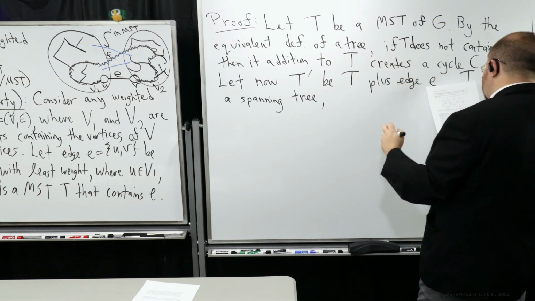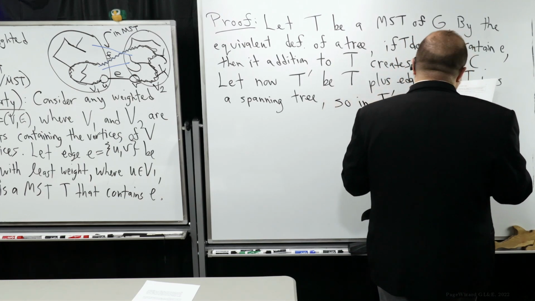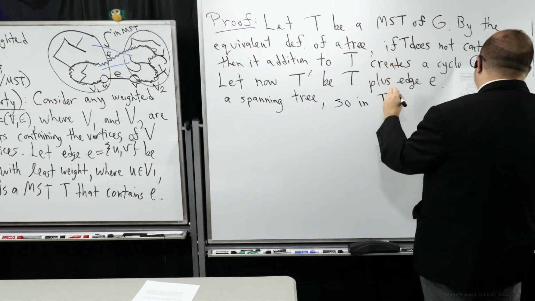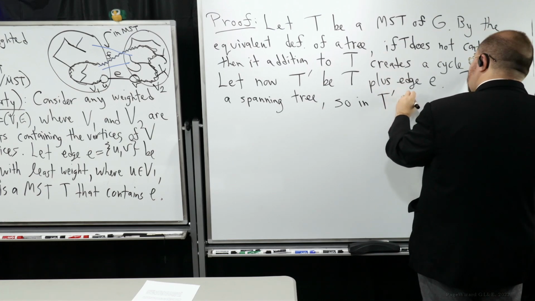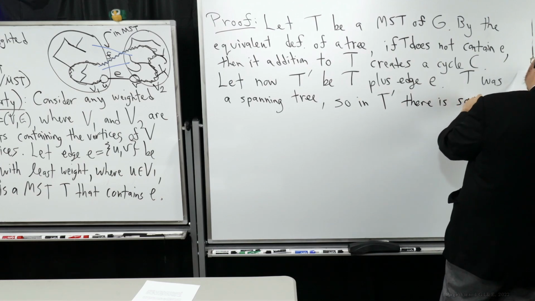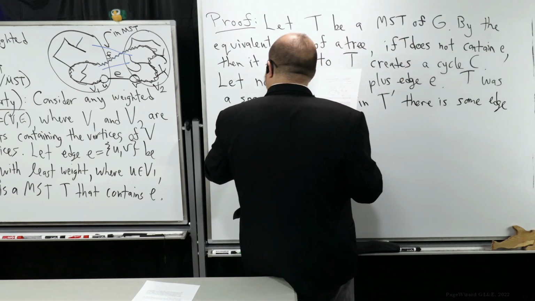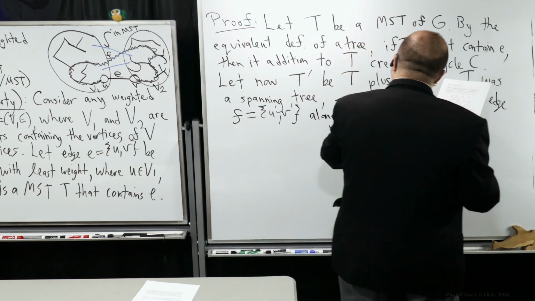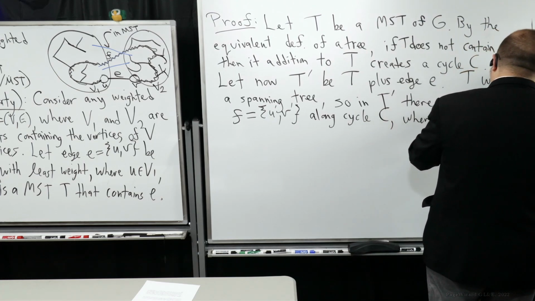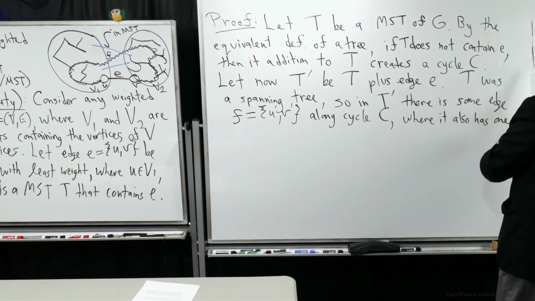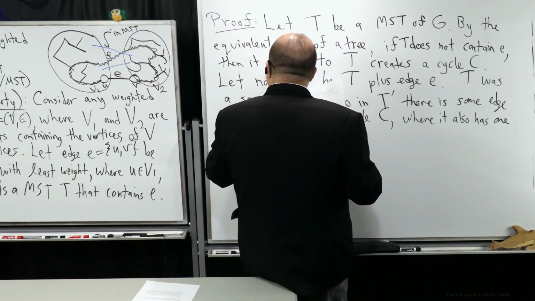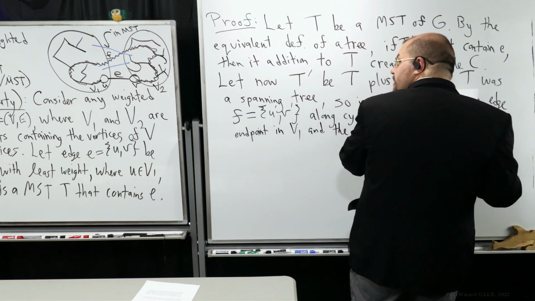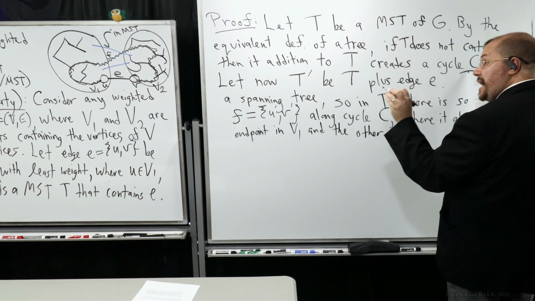So in T prime, remember that's that weird concoction where we've added E in and we got a cycle now, there is some edge F, which is going to have endpoints U prime, V prime, along cycle C, where it also has one endpoint in V1 and the other in V2. Now remember, because E has least weight,